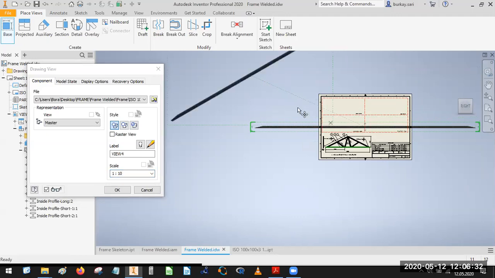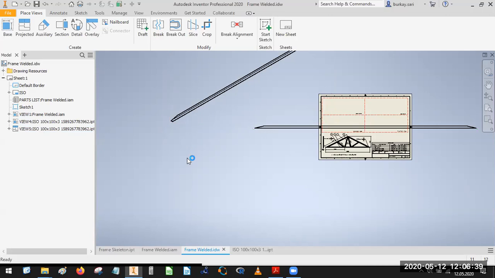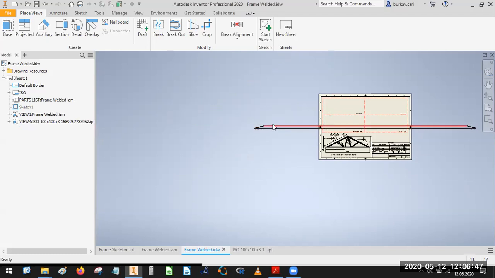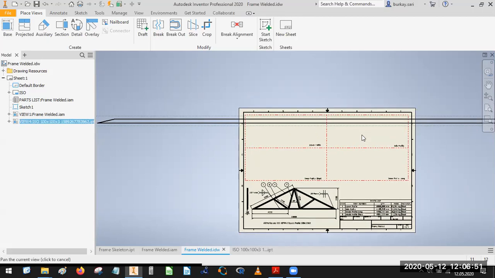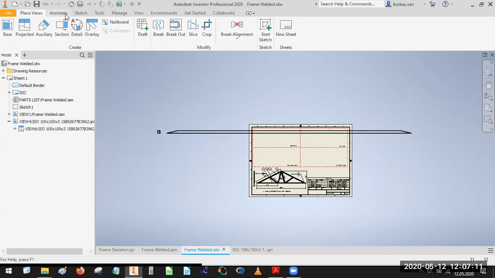The first thing, I will just create the base view with this. I have deleted the last isometric view from the bottom right side. The first thing, I need a side view from projection view. I just go to projection, this one, and have the right side view. With right click, I will just create one view. Next, I will use a break tool here, which is this one. This is a very long part, and I do not actually need these part properties in my technical drawing. I will break